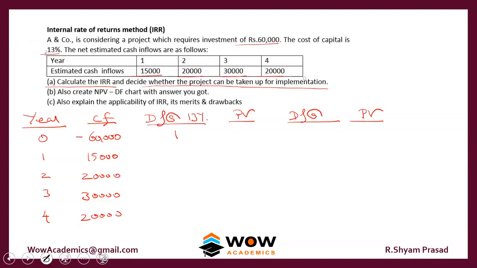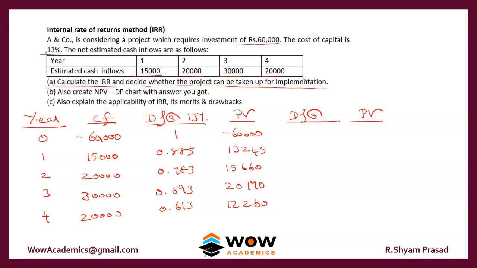Our discount factors are, it's only 4 years. So we'll multiply. So 60,000 would come directly. The other numbers we have to calculate. We have got the numbers. We'll get the NPV here. So NPV is a positive number at